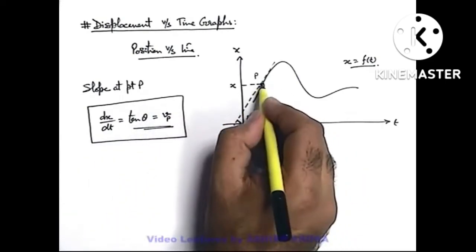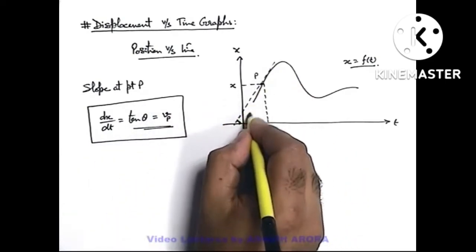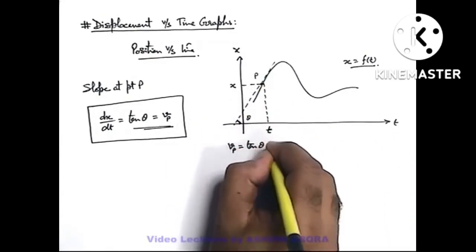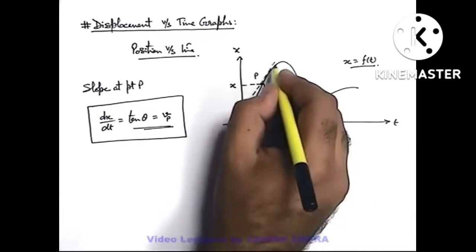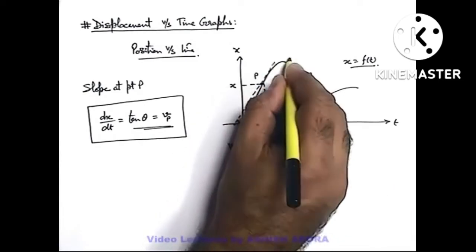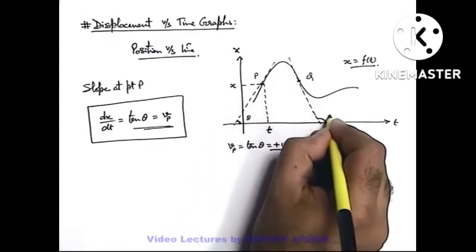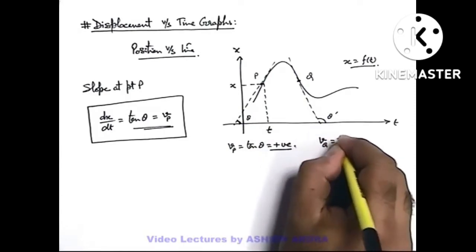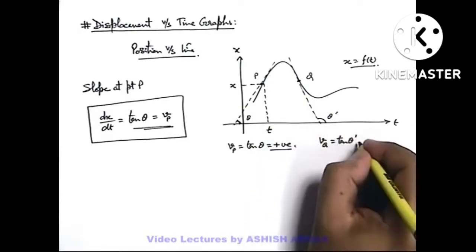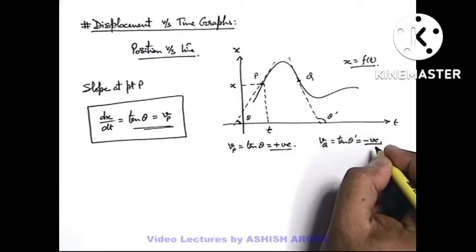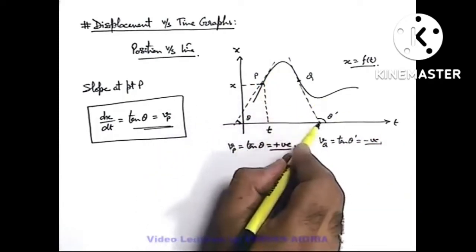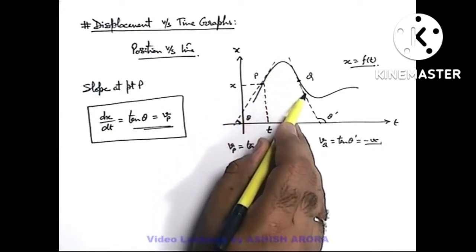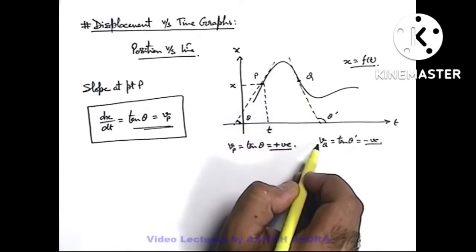So in this situation, we can see that this tangent makes an acute angle with the time axis. So here we can simply state the velocity Vp, which is tan theta, will be a positive quantity. If we talk about the decreasing part of the curve at a point Q, if we consider a tangent, you can state this angle theta dash will be an obtuse angle. So at point Q, the instantaneous velocity can be written as tan theta dash, and the tangent of an obtuse angle is a negative physical quantity. So in the decreasing part of the curve, we can say with time the displacement is coming down, or as if we talk about the position of the particle, it is moving towards the origin. So we can state vectorially the velocity will be negative.